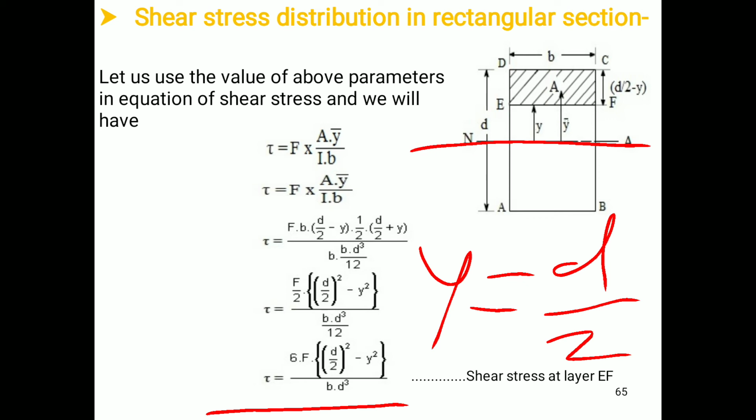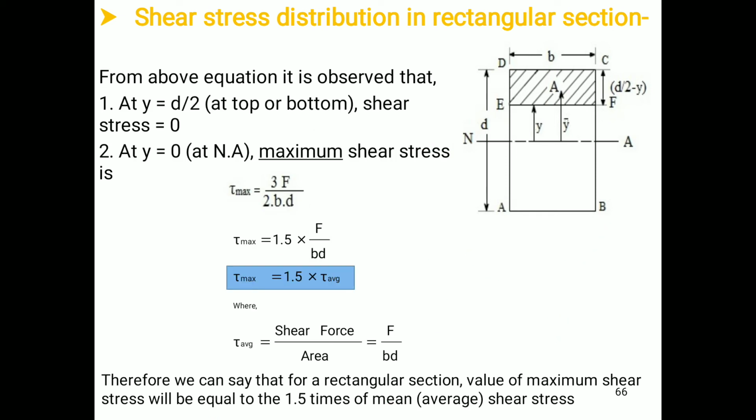When y is equal to 0, that is at the neutral axis, we have maximum shear stress, and when y is equal to d by 2, that is at the extreme fiber, the shear stress will be 0. Therefore, after putting y equal to d by 2 at top or bottom, the shear stress will be 0, and for y equal to 0 at the neutral axis, the maximum shear stress will be